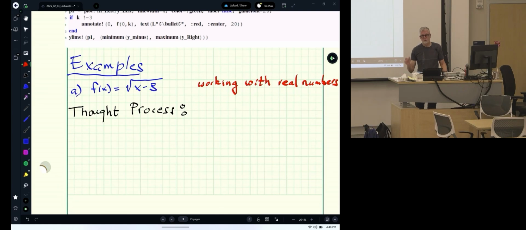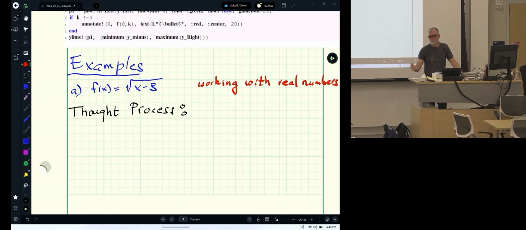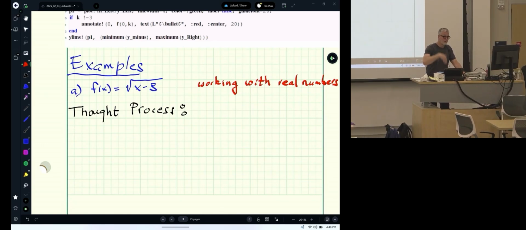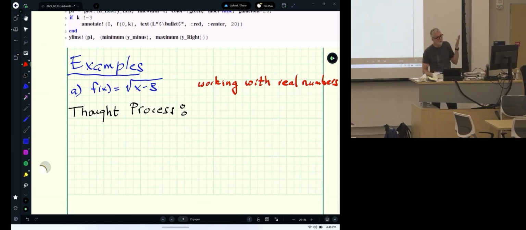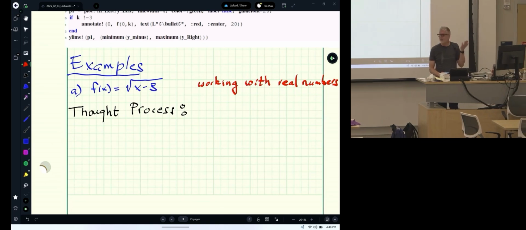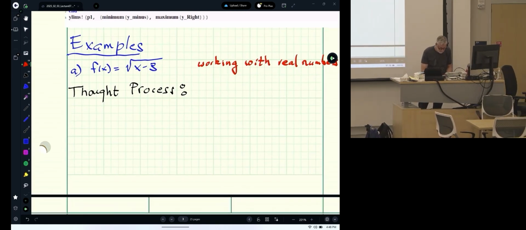So what's the domain of square root of x? x greater than or equal to 0. And so for negative numbers, we have a problem. So what if x is on the left of 3? If it's to the right of 3, it's bigger than 3, then we've got something positive. So we can look at the limit as x decreases to 3. But if we start over here at 1 and increase to 3, we're always going through negative numbers. So that limit cannot exist, okay? So we observe